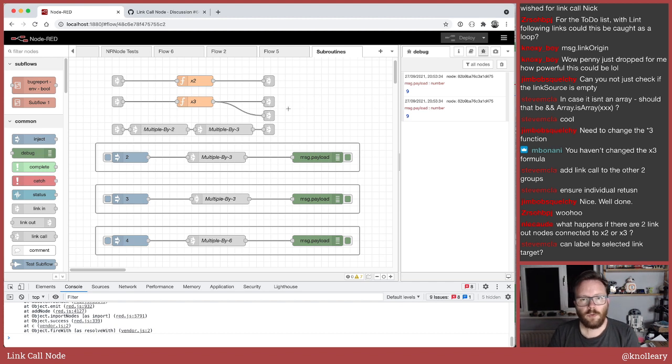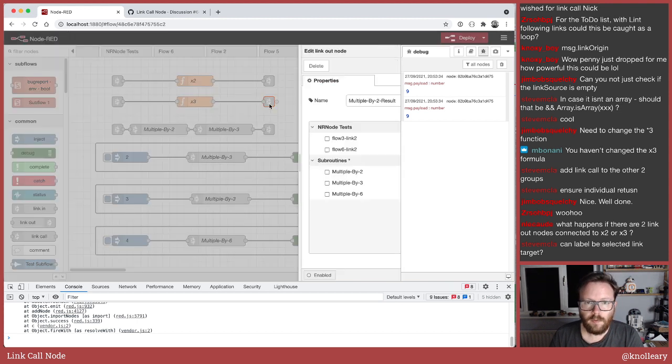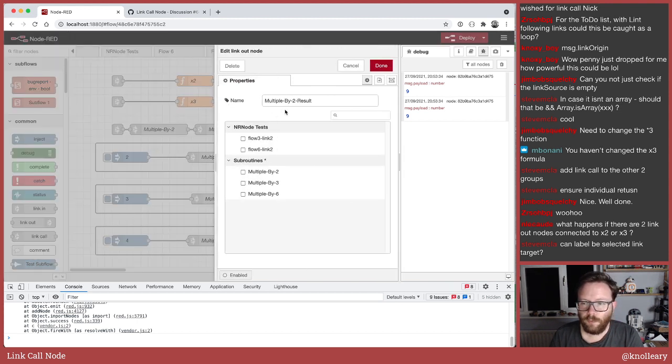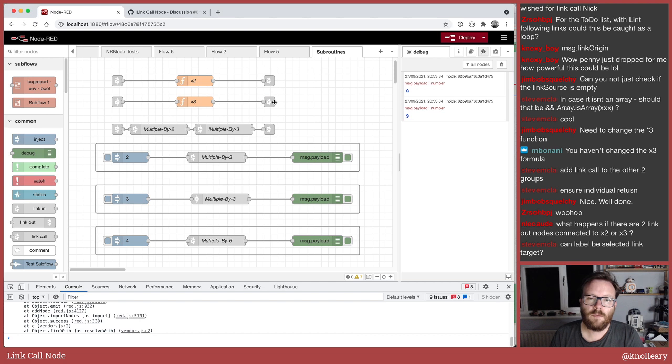That could cause some hairiness for other reasons that we'll need to get to. But one thing at a time. And the thing I want to look at next, I think, is this link out node. I want to be able to put it in, be able to say this is a return node, because right now, if I were to wire this up, let's just get a regular link in debug, and if I connect those two up,